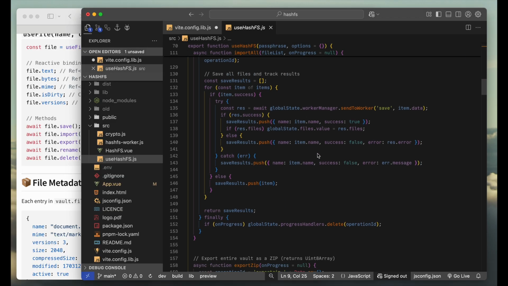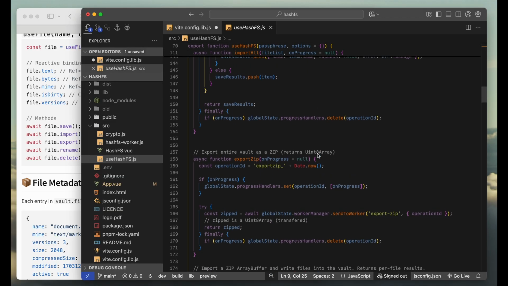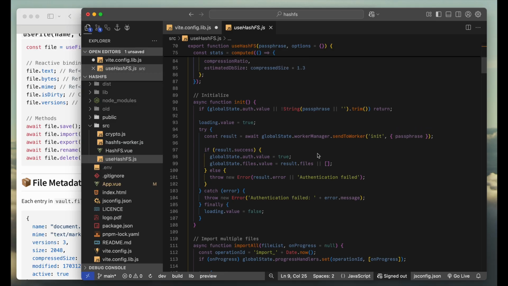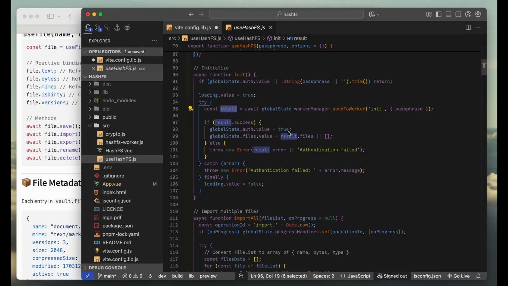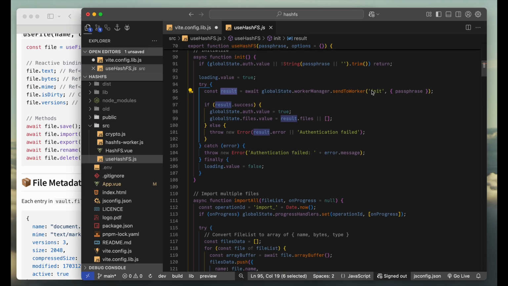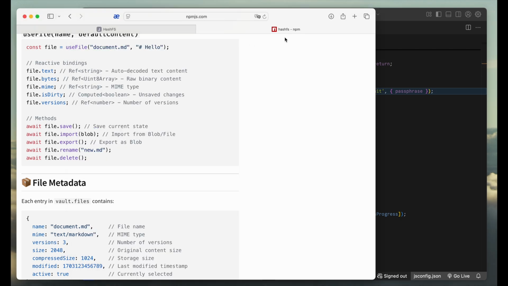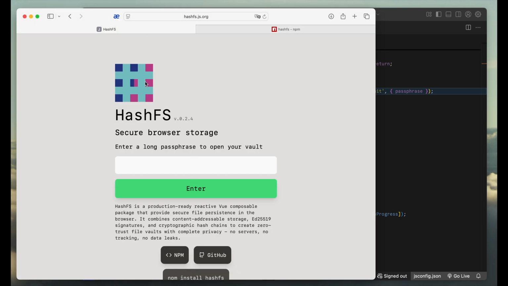So this is basically a thin wrapper around a worker that is doing all the things, and we just send data to it, and we await it, and we get the result. And it's a really powerful thing, because this happens in another thread. It's not connected to our main thread in a way that it takes our processing. That's why when you do something in HashFS,